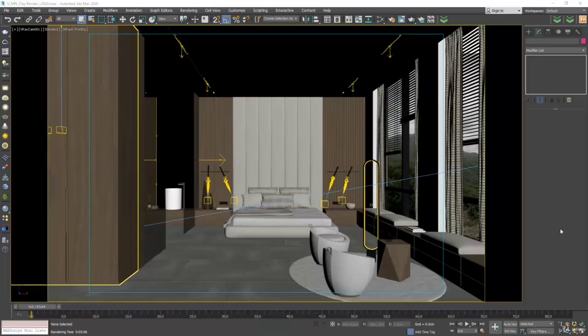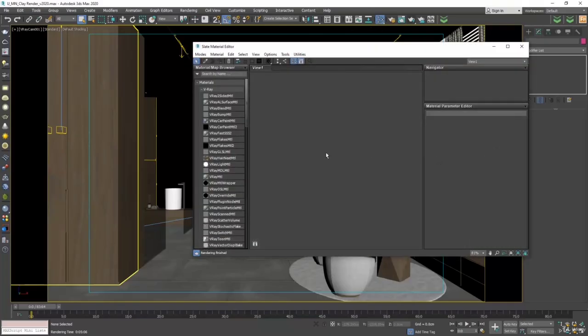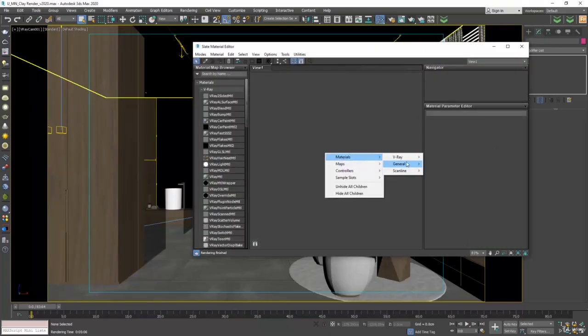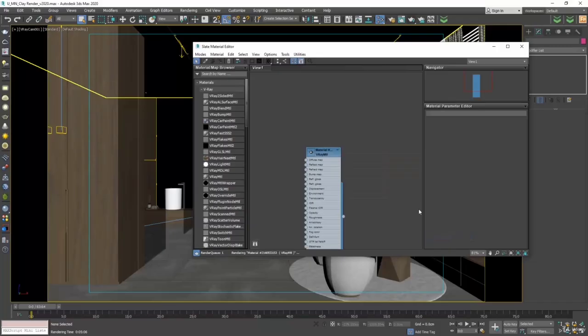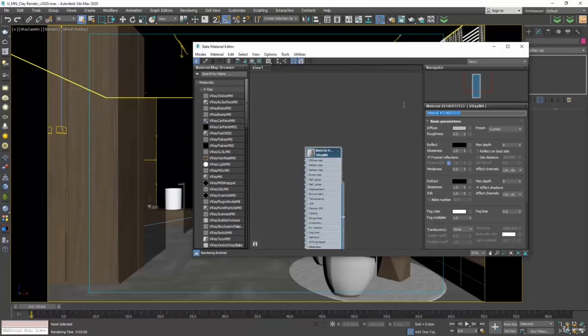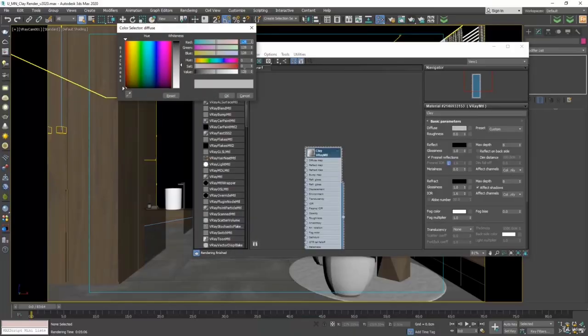In this video, we will see how you can produce a clay render. We said that a clay render is a white, a monochromatic rendering. Open the material editor and create a V-Ray material. Let me rename this to clay. The default V-Ray material is a medium gray color. I will click on the diffuse color and set it at approximately